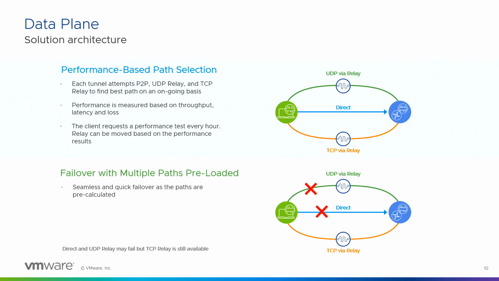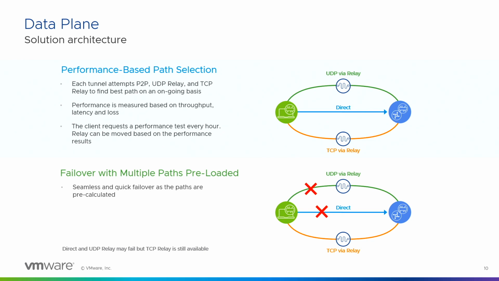The second one is through the relays. So one is the UDP via the relay, and the other is the TCP connection via the relay. Once the client picks the closest or best performing relay, it keeps doing performance measurements based on throughput, latency, or loss every 1 hour. If the client finds a better relay that's available, then it will actually switch to the